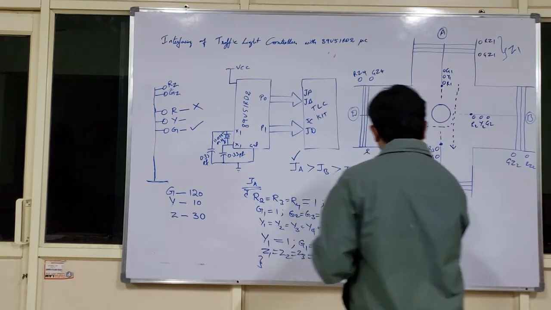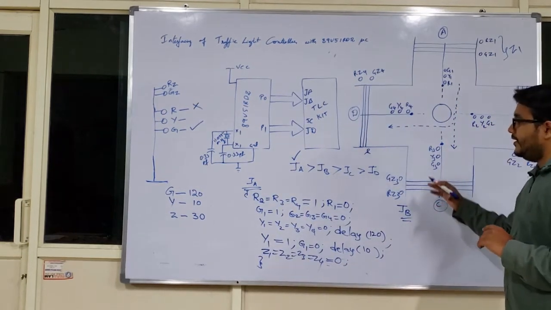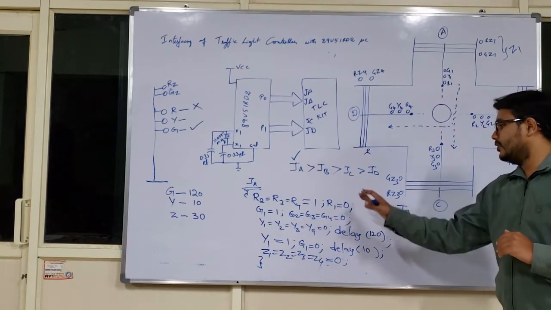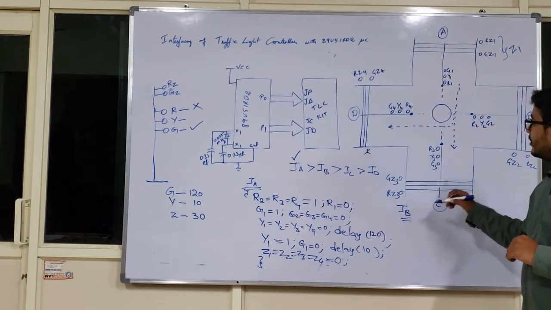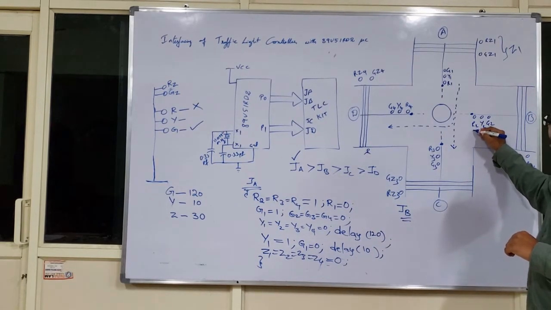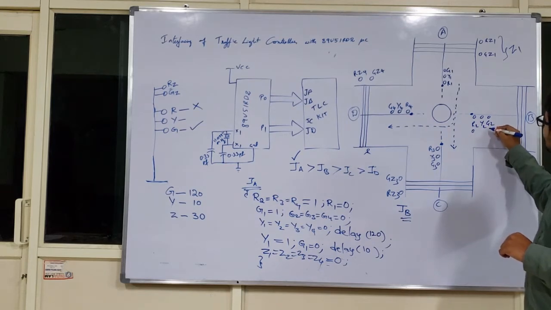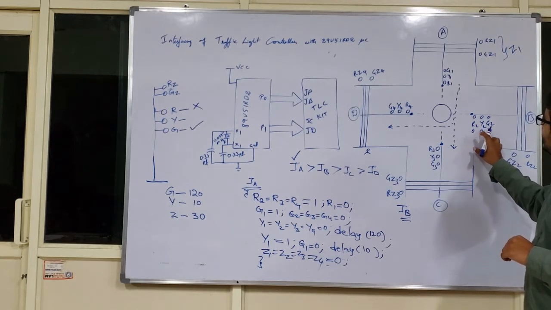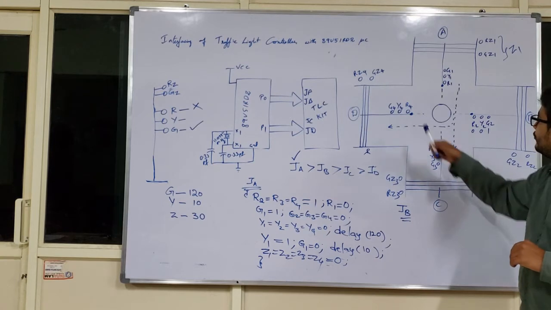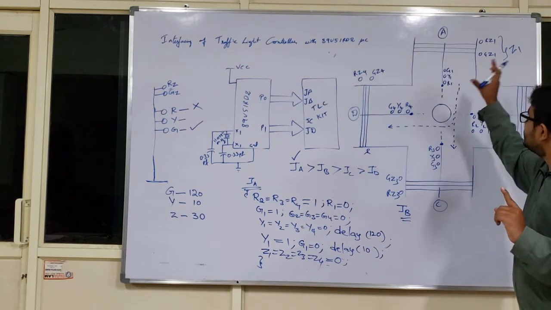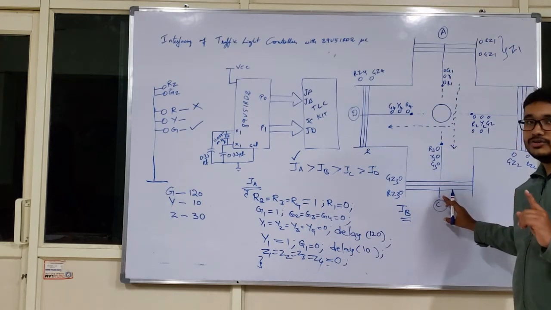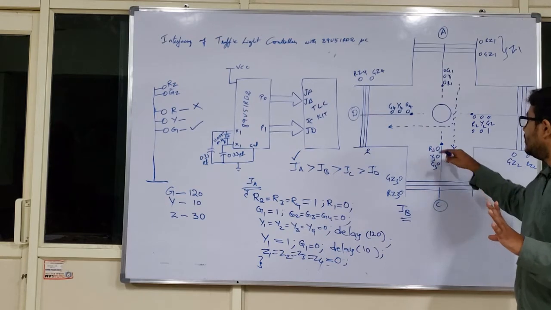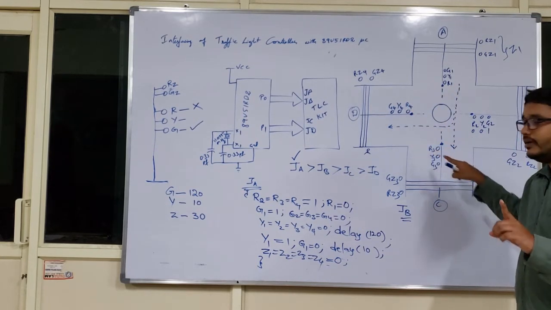The same process you have to write. I just explained it to you, and it is your responsibility to complete whatever the active variables and logic 0 variables are. So at junction B, what happens? My R2 will be logic 0, my G2 will be logic 1, and my Y2 will be logic 0. What will be the status of the remaining reds? R1, R4 and R3 will be logic 1, because I am stopping the vehicles at road A, road D and as well as road C. I am completely stopping the vehicles. So R2 is 0, and R1 equal to R4 equal to R3 equal to logic 1.